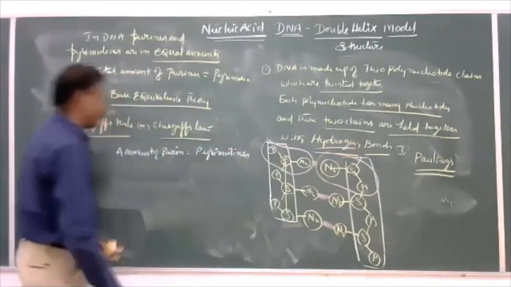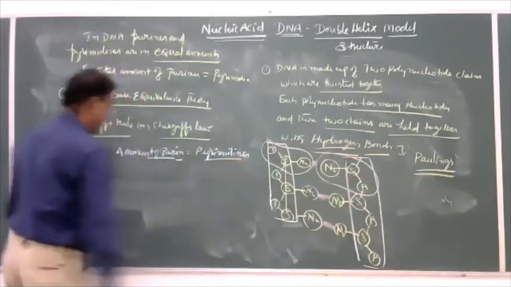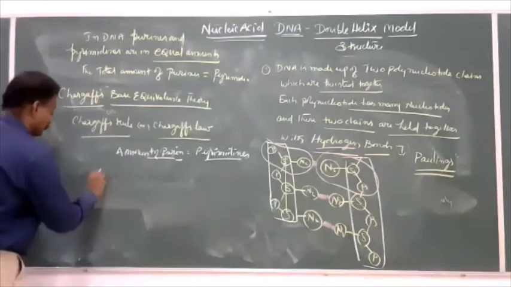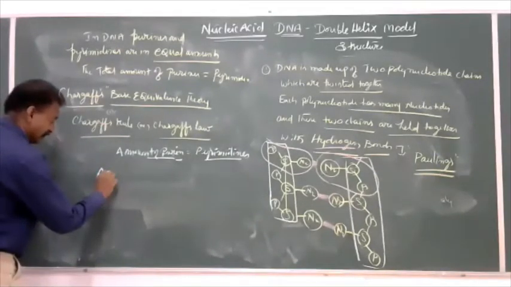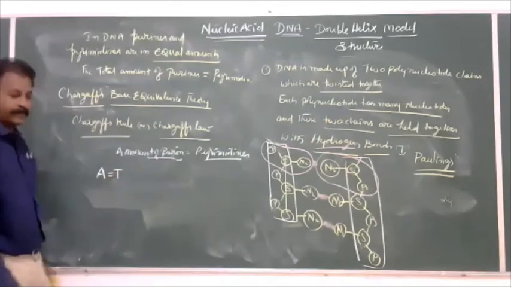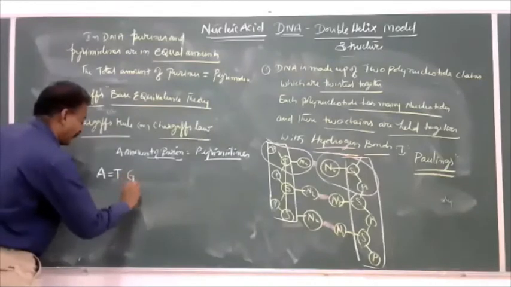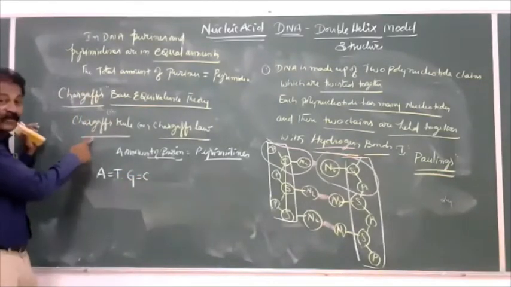How to understand that the amount of purine is equal to the amount of pyrimidine? For example, in a DNA molecule, adenine is equal to thymine. Guanine is equal to cytosine. So Erwin Chargaff's law is